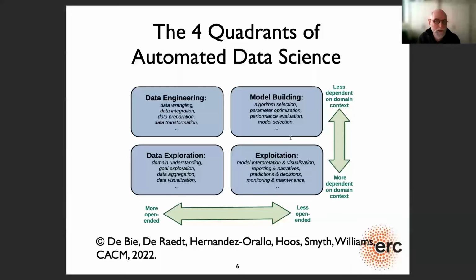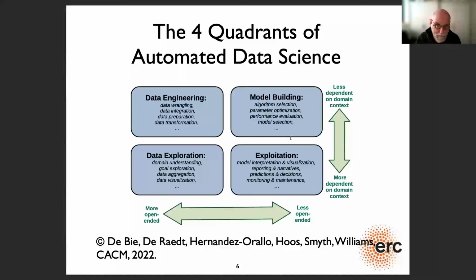And then you want to build your models with typical machine learning systems. And of course, then there's all the tasks that AutoML is so good at, like algorithm selection, parameter optimization, and so on. And once you've built the right model, you also want to exploit the results in the real context of the end user. That means you want the model to give insight to your end users. You want to make predictions. You want to build systems around that.